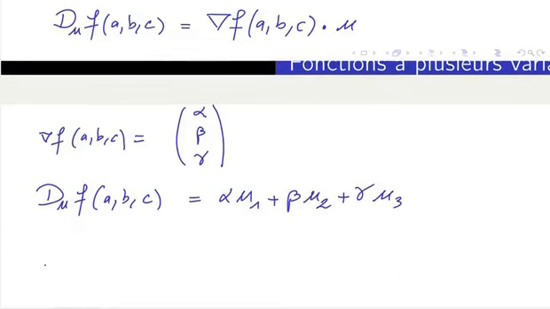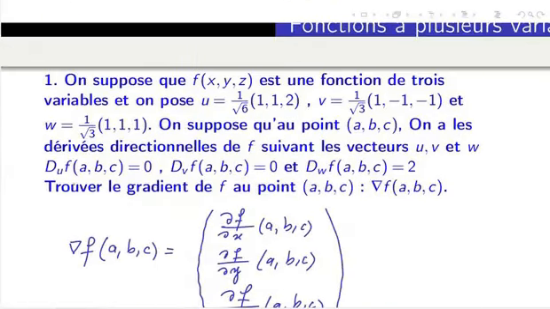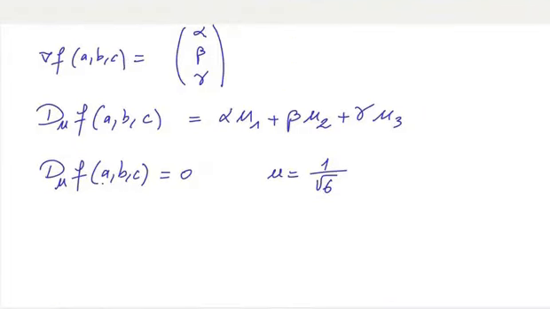In the statement, the derivative in the direction of vector u of f at the point is 0. We are looking for the gradient. So for this vector u, which is equal to 1 over the square root of 6 times the vector (1, 1, 2),